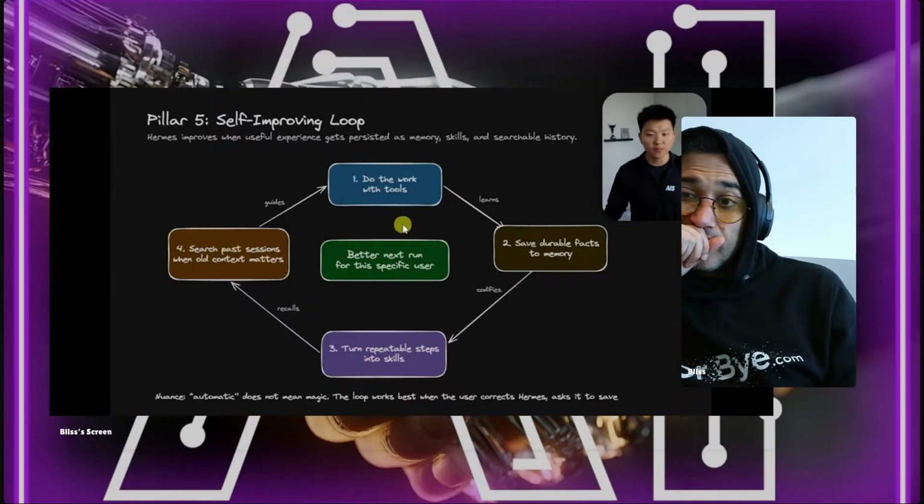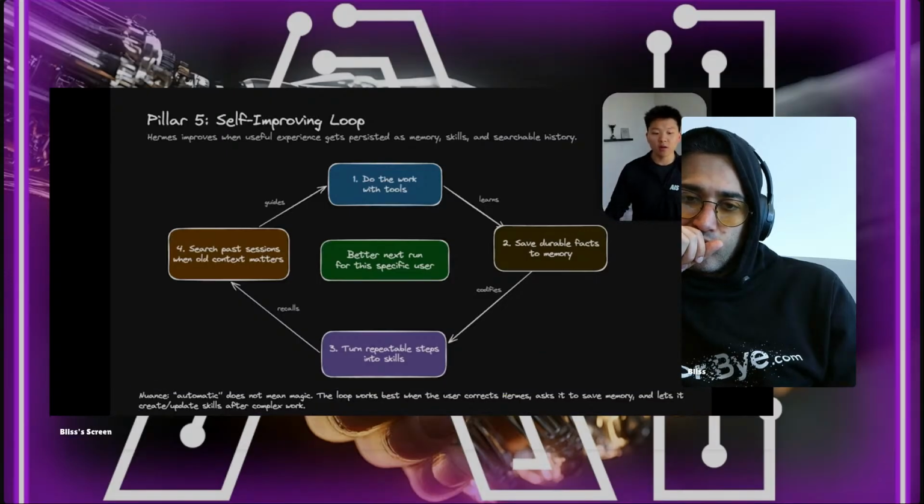So if you think about the loop like this, you do the work, the agent learns. You save things to memory or to agents.md or to user.md. And then you turn those repeatable steps into skills or your preferences into more memory. And then the agent's able to search past sessions when old context matters. And then you basically just go in that loop over and over. So the more you use your Hermes agent, the better it's going to get and the more it's going to